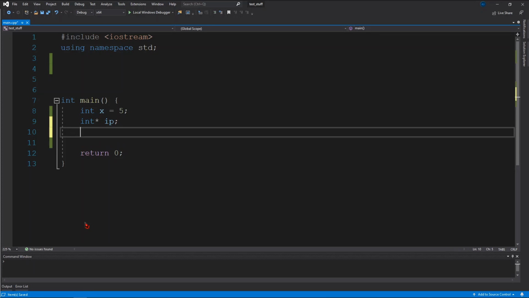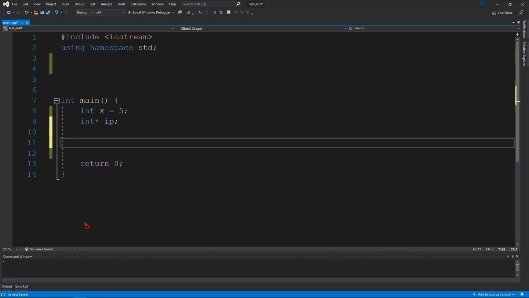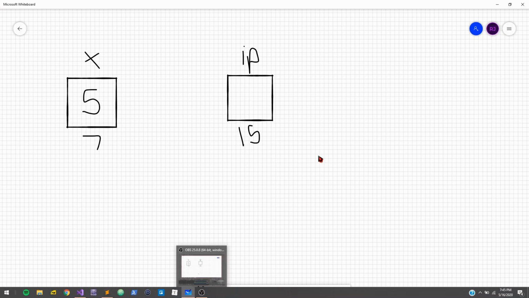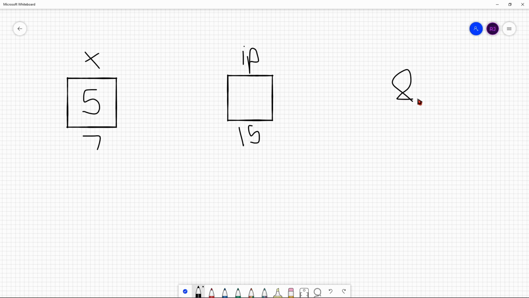To give a pointer a value, a pointer, as I mentioned earlier, holds a memory location. Let's make the pointer hold the memory location of x. To do that, this is the syntax: IP is equal to ampersand x. Now you just learned your first operator. Your first operator is ampersand. So ampersand actually means